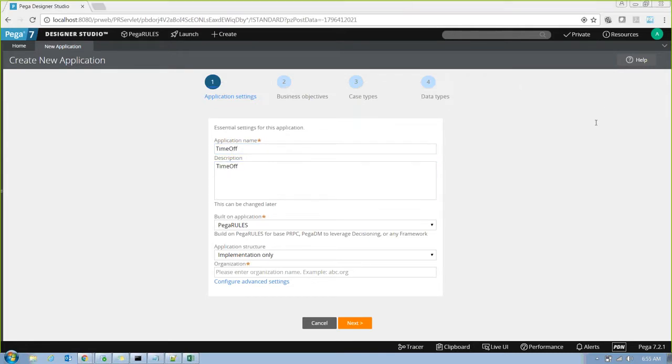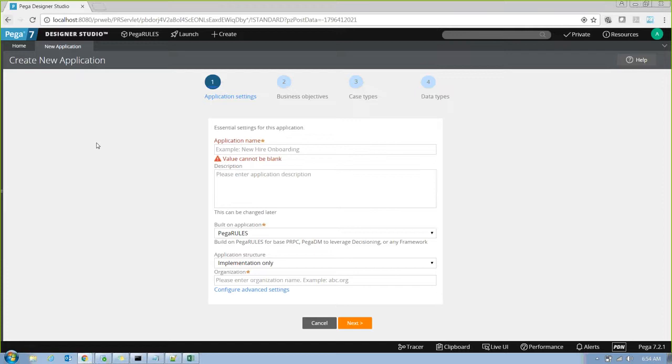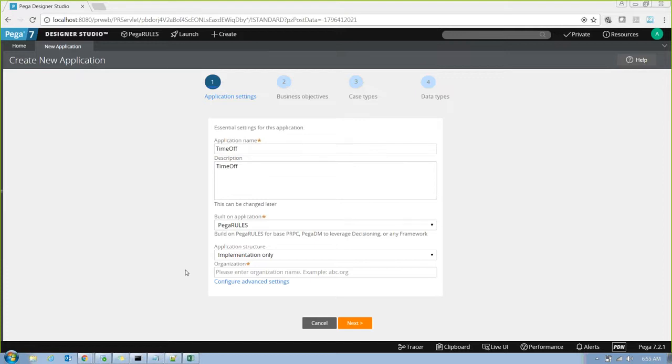Is it a parallel process for development? No, it's not a parallel process. Because until and unless you complete a DCO, you don't have an application itself. Then we can't do development, right? So we need an application to do the development. This DCO is used to create a new application in Pega. Only after this, the development starts. Please keep the application name as time off.